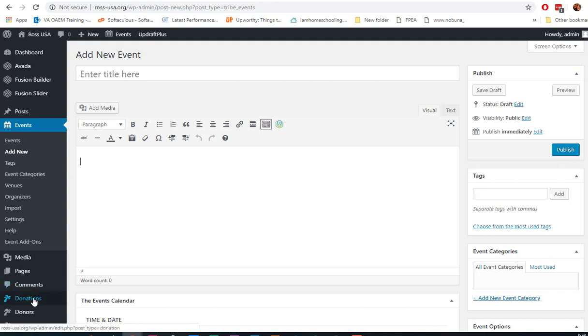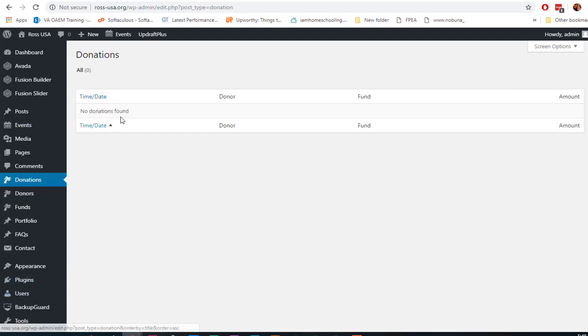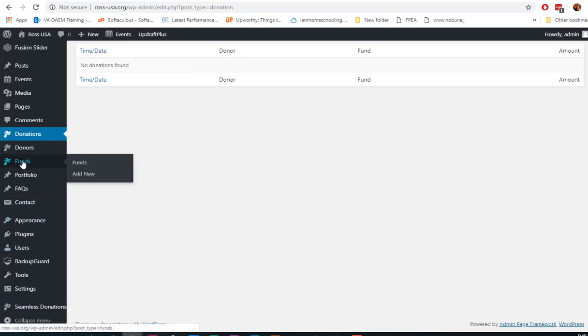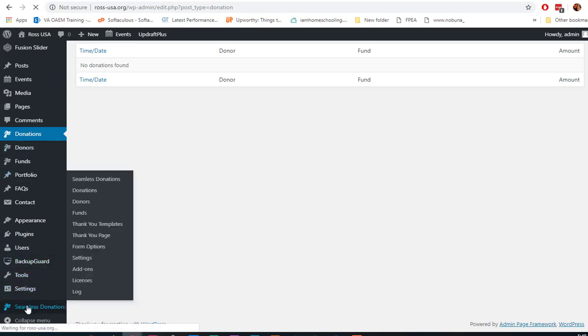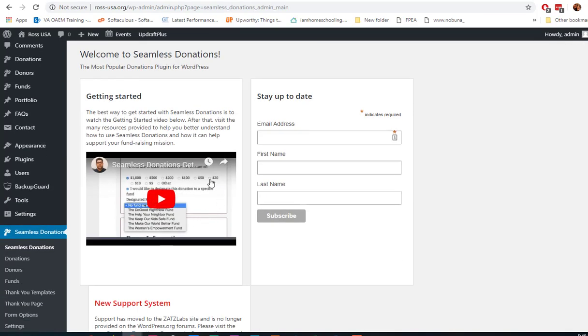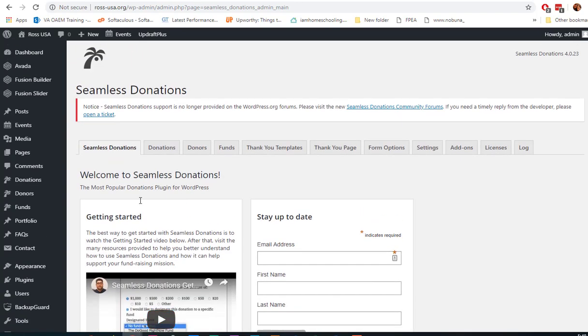Your donation tab. Donations are a way to receive. We've set you up for donations. You can actually play with the donation settings called Seamless Donation. This is the plugin that allows you to receive donations right now on your site. If you click on seamless donations, you'll see